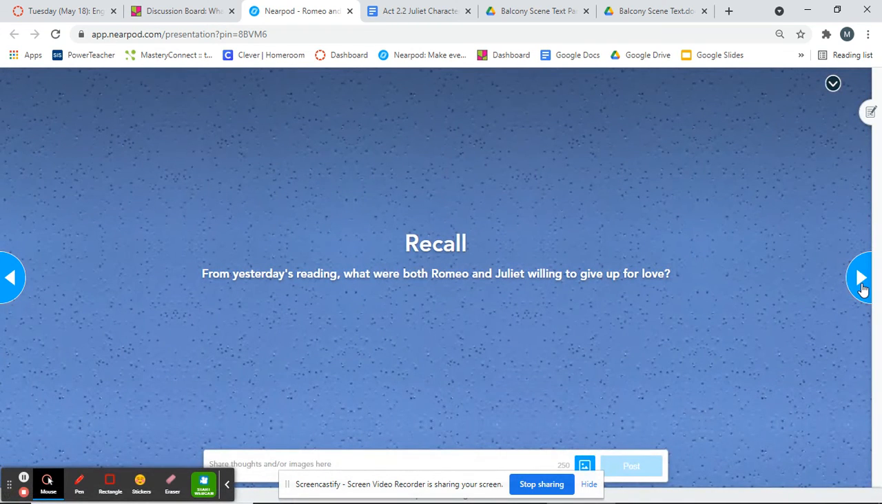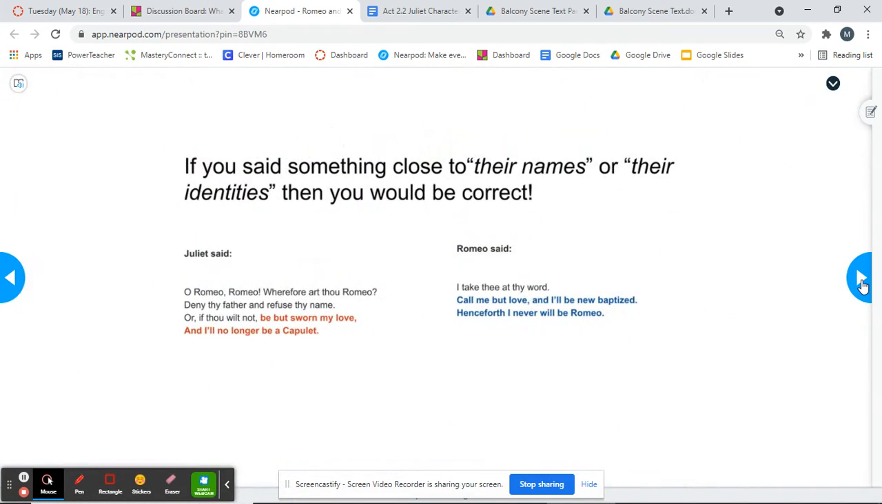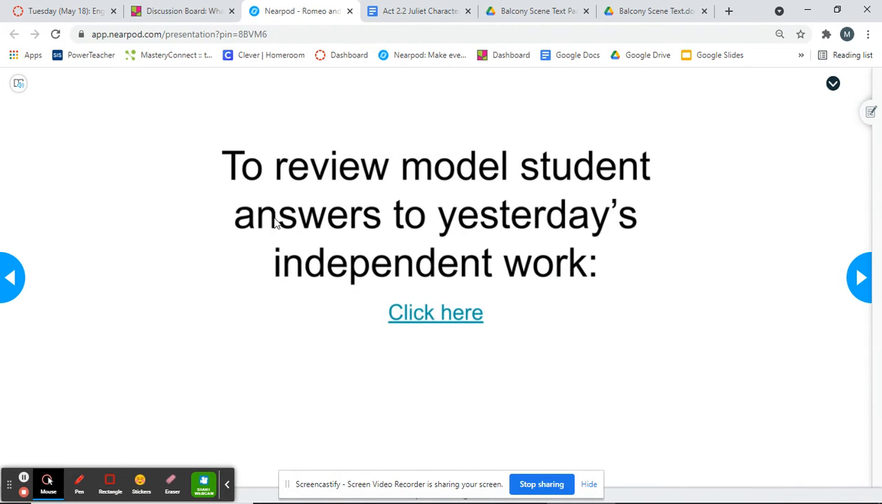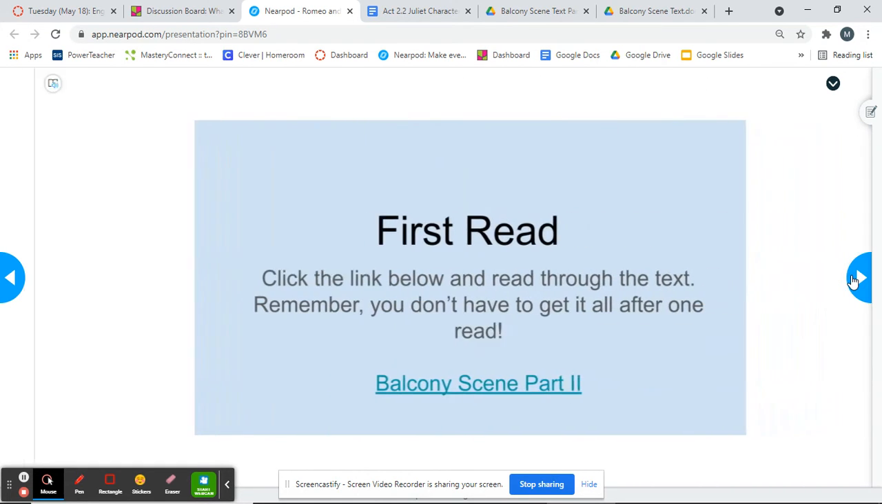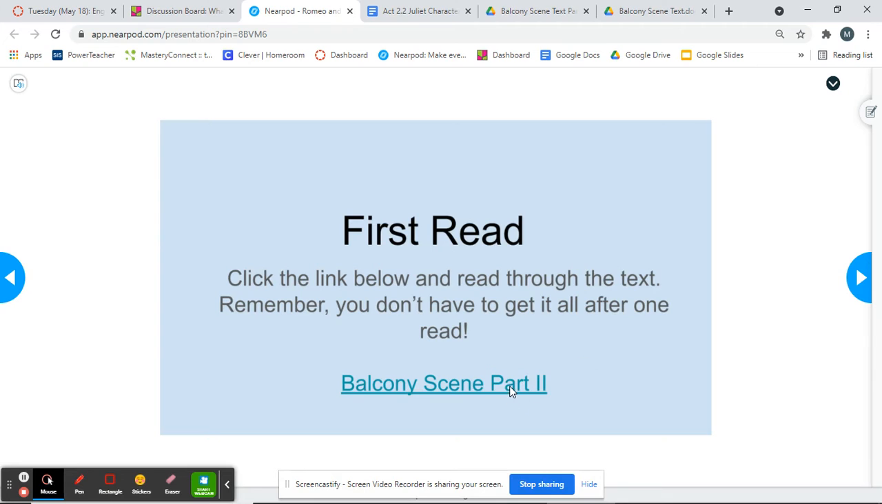Here we have the question, and we have some answers to the question. First, we're going over the answers to yesterday's work. If you want to check your answers against a model student answer, you click here. Just a quick note, it's possible that there are additional answers that aren't on this or different ways of wording things. Then you're going to move on to a very quick first read, where if you click this link,